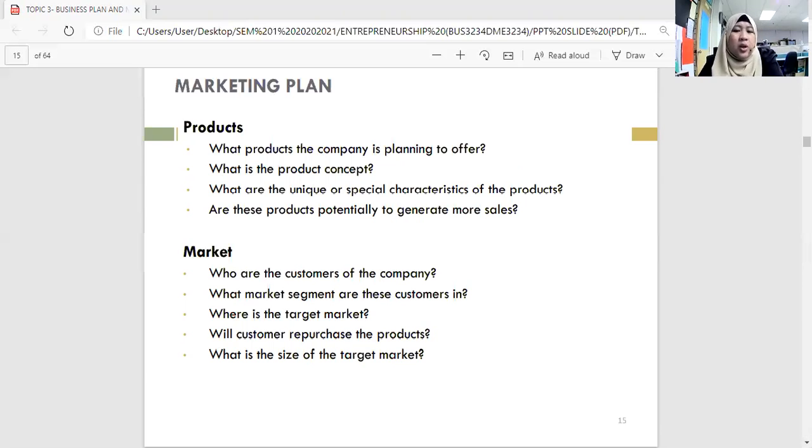And then we also mention whether the customer will repurchase the product, meaning to repeat buying your product, because we're talking about sustainability here. If the company is able to remain and sustain their loyal customers, it is actually a good thing. It's good news to everyone, to say that the company is really giving some good impact or effect